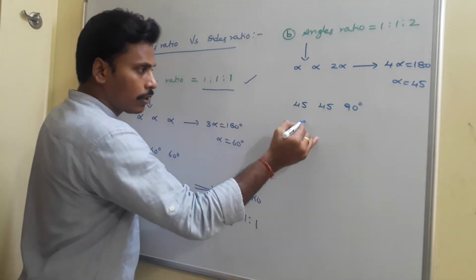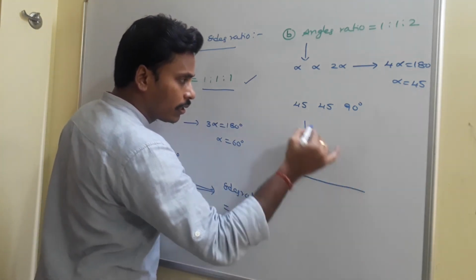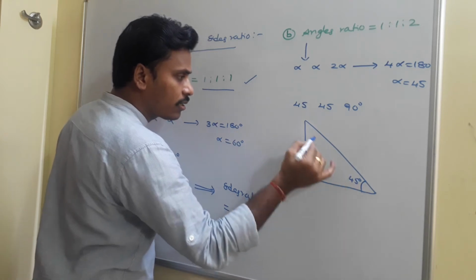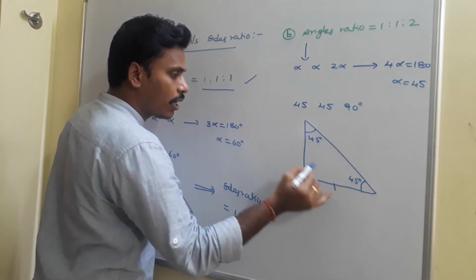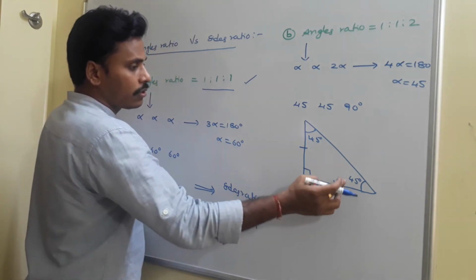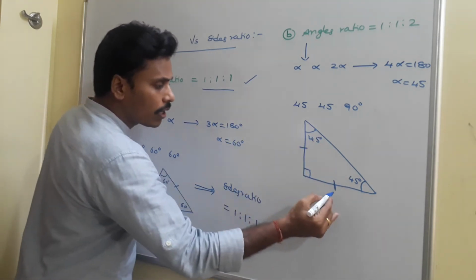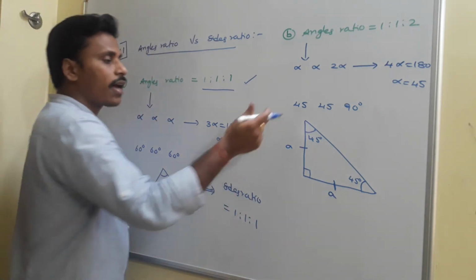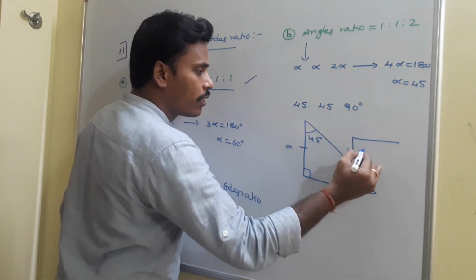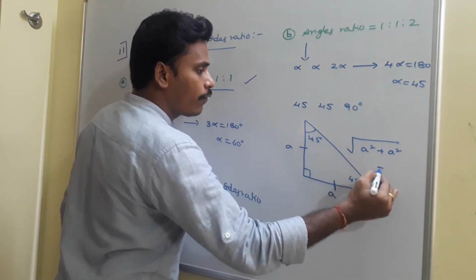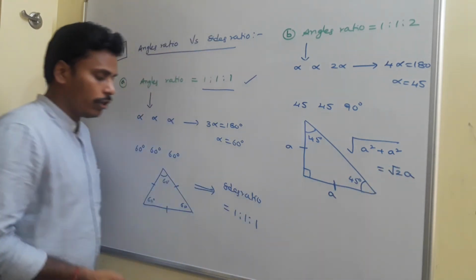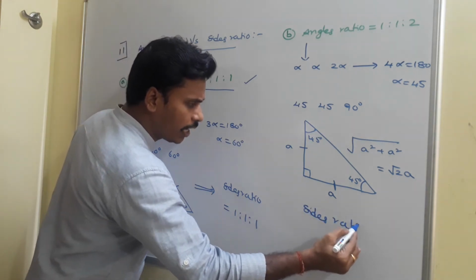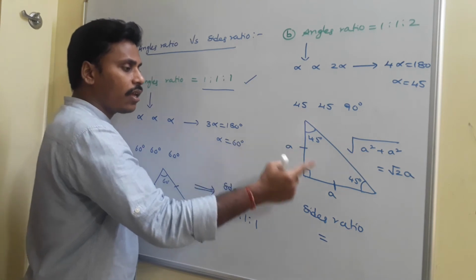And look at the picture. Now 45, 45 and 90. The diagram will be like this. Since two angles are equal and one angle is 90 degrees, we call this triangle an isosceles right angle triangle. See, since these two angles are 45 and 45, if you consider these sides as a and a, then by the Pythagorean result, the hypotenuse of the triangle is calculated as the square root of a squared plus a squared. And if you simplify, you get root 2 a. Now if you look there, what do you say about the sides ratio? I need to mention the sides ratio. The sides are a, a, root 2 a.